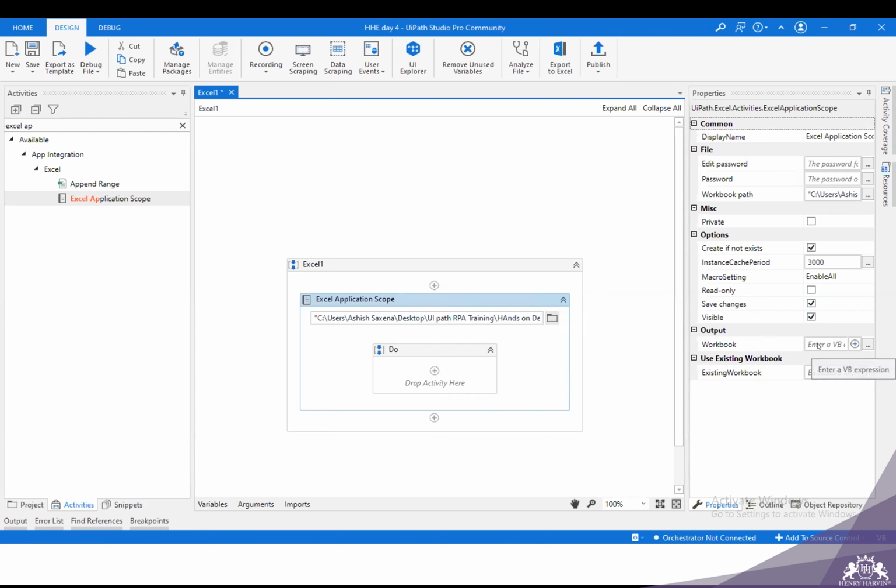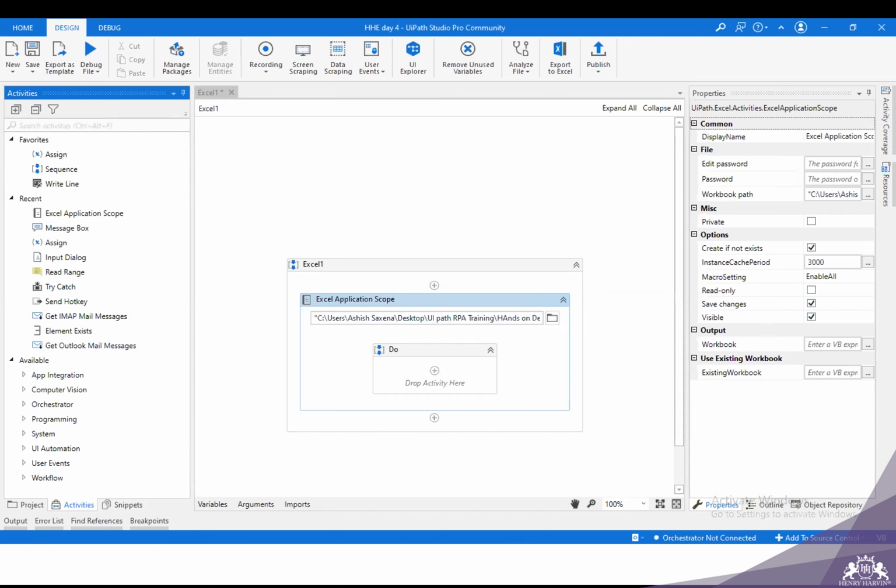Output is where you can create a variable to save the output of this file. And here you can specify if you have some existing workbook. Quickly, let's move to the next step where we will be creating a variable.